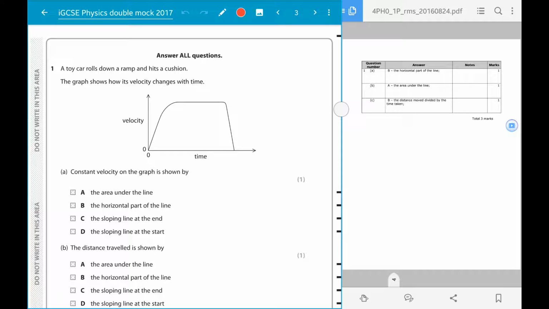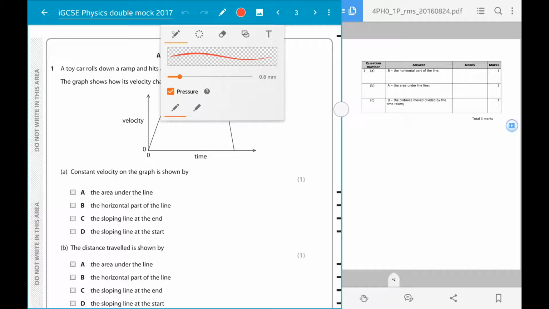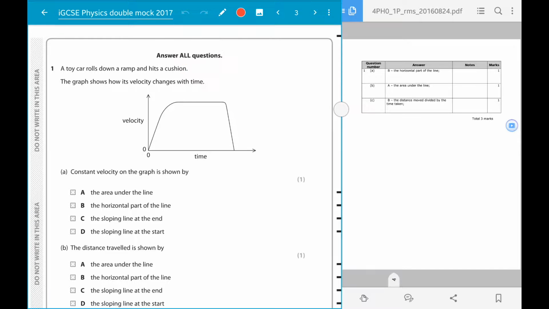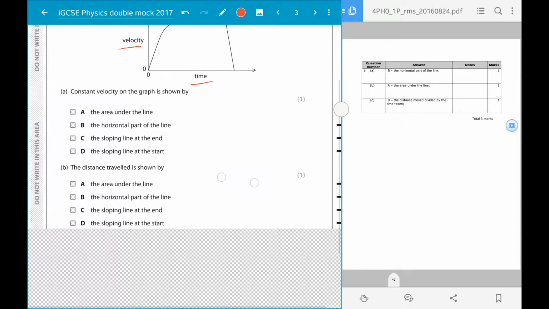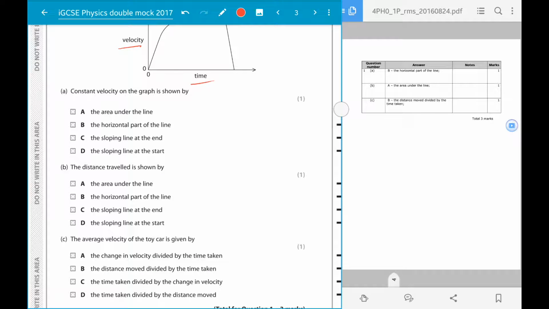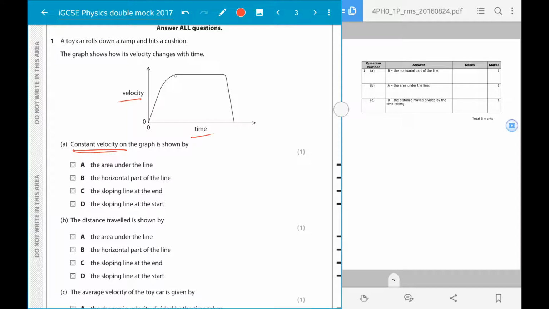Sorry about that. Here is the first question, and it's about a velocity time graph, and you need to know these points about a velocity time graph. The first is that constant velocity on a velocity time graph is going to be shown by the fact that the velocity is not changing, the flat part here. If the velocity there is a specific value, let's say it's 10 meters per second, you can see that along this whole entire stretch, it doesn't change. So the horizontal part of the line